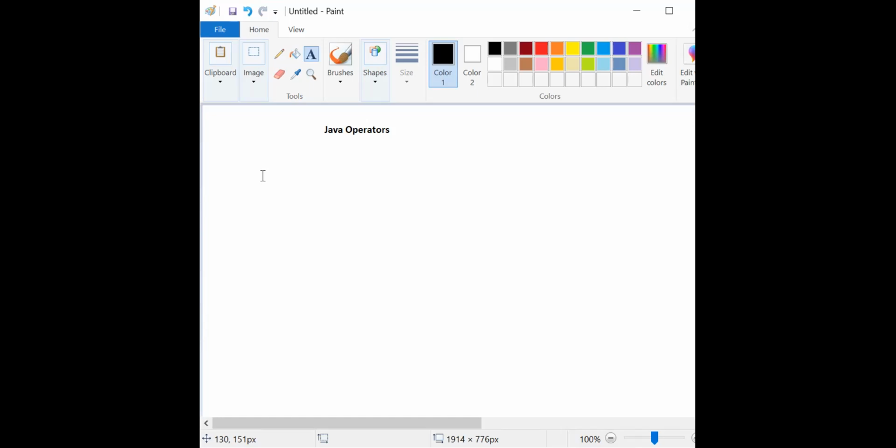For example, in MS Word, just type the plus symbol in MS Word or a Notepad file. When you type 1 plus 2 equal to, Word or Notepad does not give any answer. Why? Because